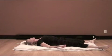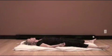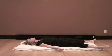Let yourself lift and bring those shoulder blades a little bit closer together, and then come down and close your eyes, taking a nice deep inhale through the nose, and then let it out of the mouth. And doing that two more times. Inhale through the nose. And let it out. And last time. Noticing as you let that air out, you let yourself sink into the earth and let yourself surrender and feel